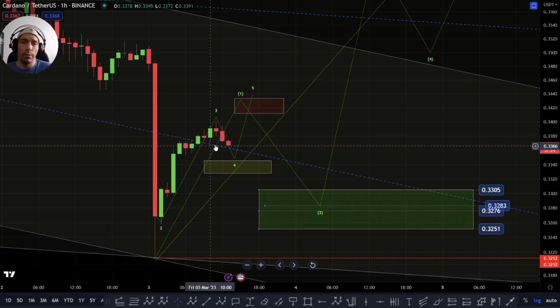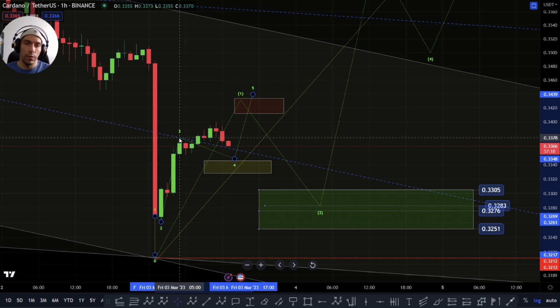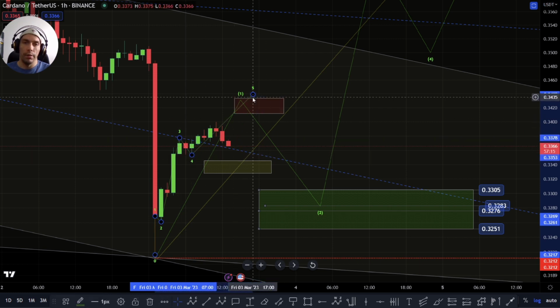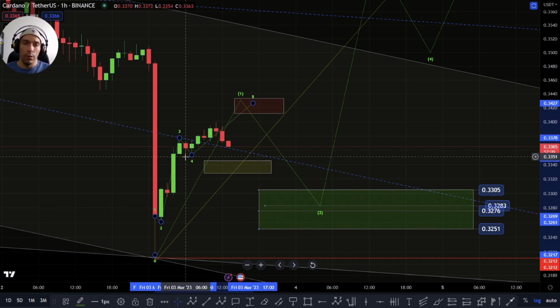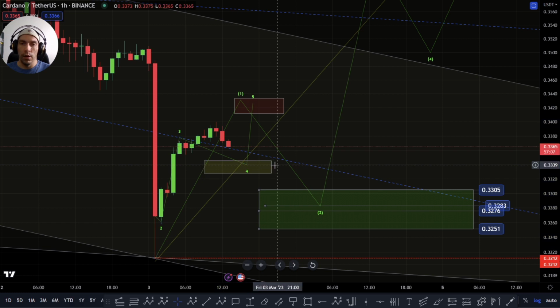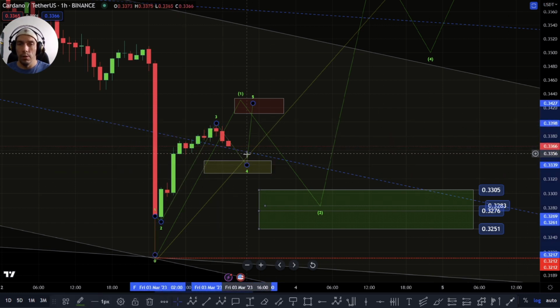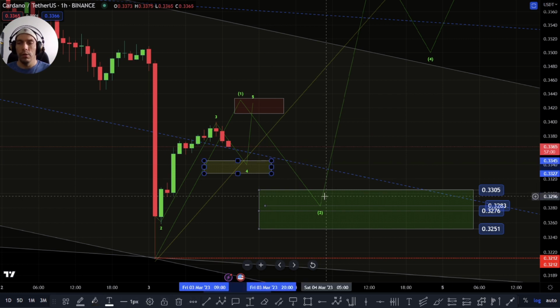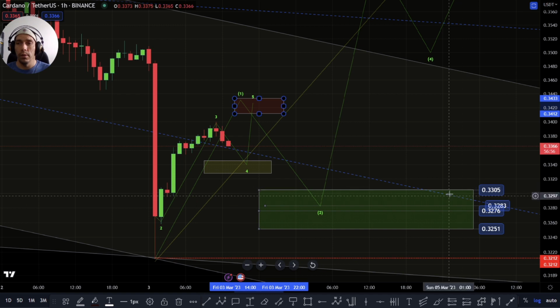If we are actually completed, because within this structure we can measure that 1618 into here, we could also argue that potentially we have something like this where the fifth wave is actually completed already here, and then we're looking for this wave two. So if we do hold this zone here, this 3345 to this lower range of 3327, we can look for this potential to push up one more time to the zone of this 33 to this 3412.